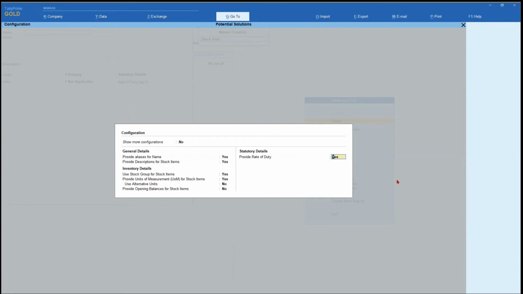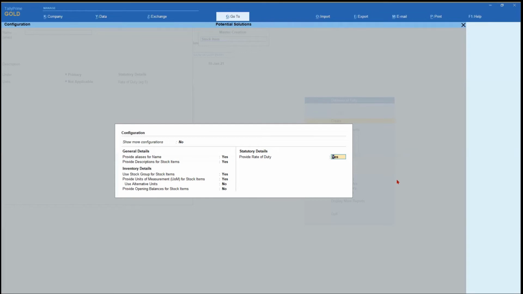For example, let us say a particular item has a GST rate of 18%. Another item that the business is dealing with, let's say the rate of GST is 12%. So this way, for each stock item, you can specify the rate of GST as rate of duty, so that when you are now going to print your invoice, just below each item, the rate of GST that is applicable for that particular item is going to be printed, or it is going to be visible for the customer to see the rate that is going to be applicable for that particular item.